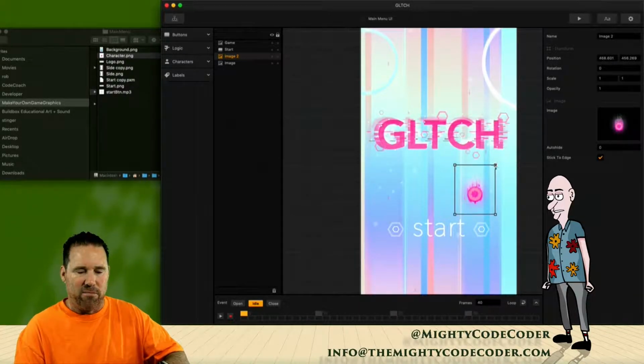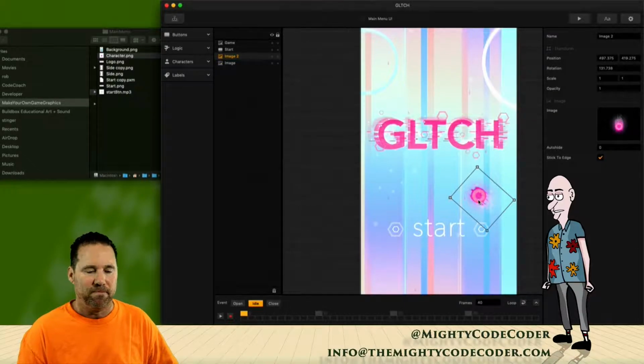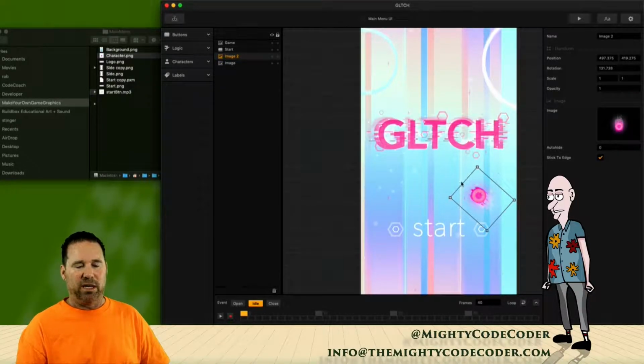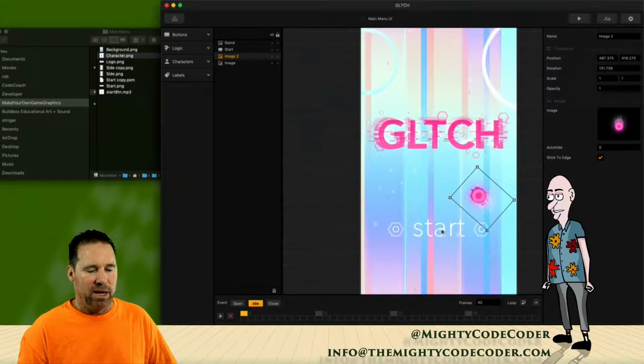If I hit Command, I could rotate this thing around and look like it's bouncing off the wall like it does in the game. All right, so this is going to be the color scheme or the style tile of our game. Colors of it, okay,